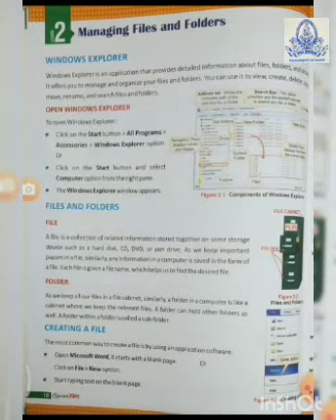Now coming to files and folders. What do we mean by a file? A file is a collection of related information stored together on the same storage device such as a hard disk, CD, DVD or pen drive. Suppose our class has 40 students and I need to prepare all 40 students' result sheet. In an Excel sheet I write all the students' names, roll numbers, subjects and marks.